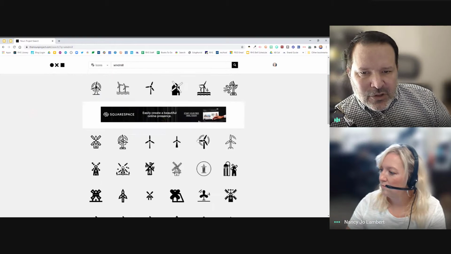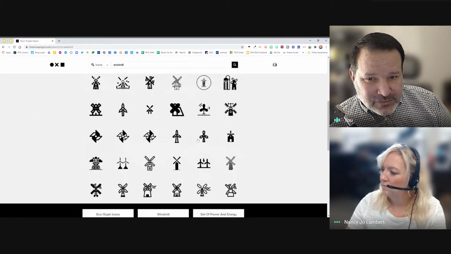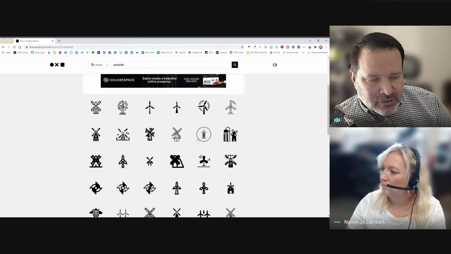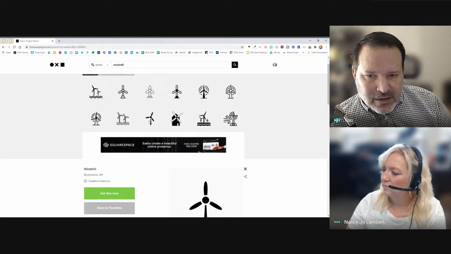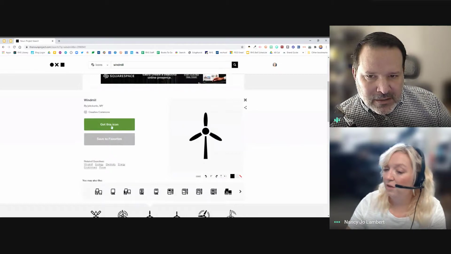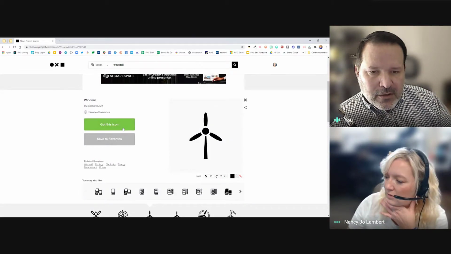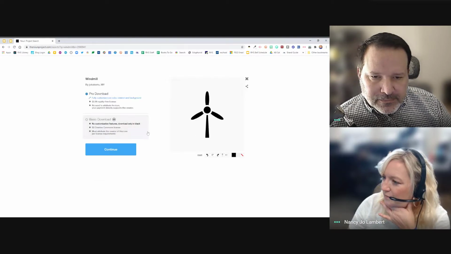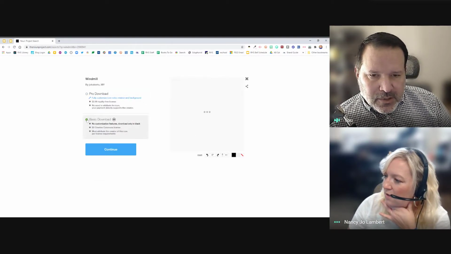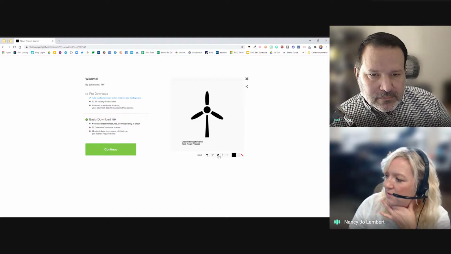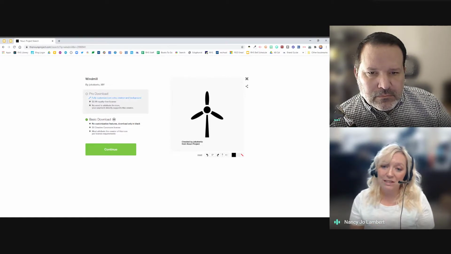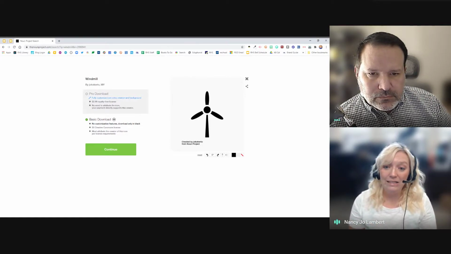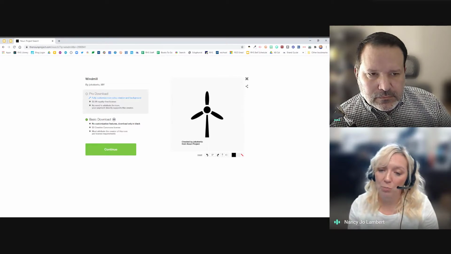But you can also download these as SVG files. So if you have a Cricut or a vinyl cutter or a laser cutter, you can use these in your machine to cut out. So that's kind of cool too. And you can change the color of the icon to whatever you want it to be. And if you pay for it, yeah, I have the paid version, so it looks a little bit different. Well, there's the color down there on the bottom right. Yes, but or you can pay by the icon. There have been a few instances where I'm like, I really need this icon for something really big or important that I'm working on.